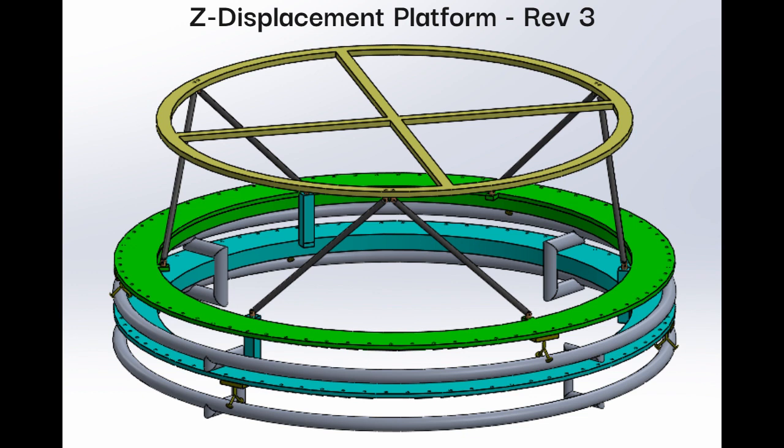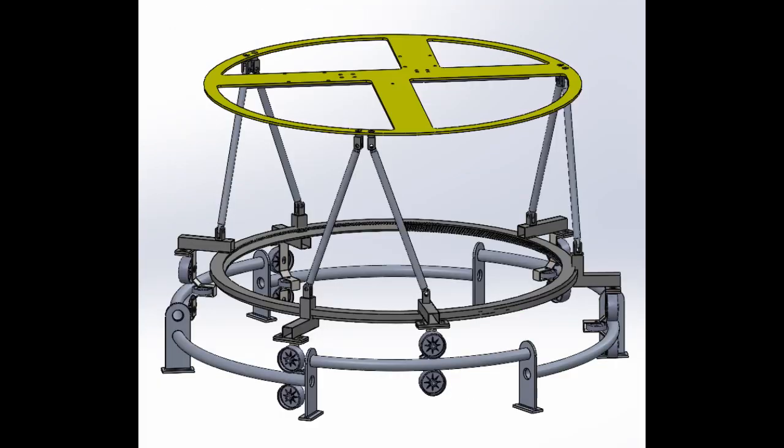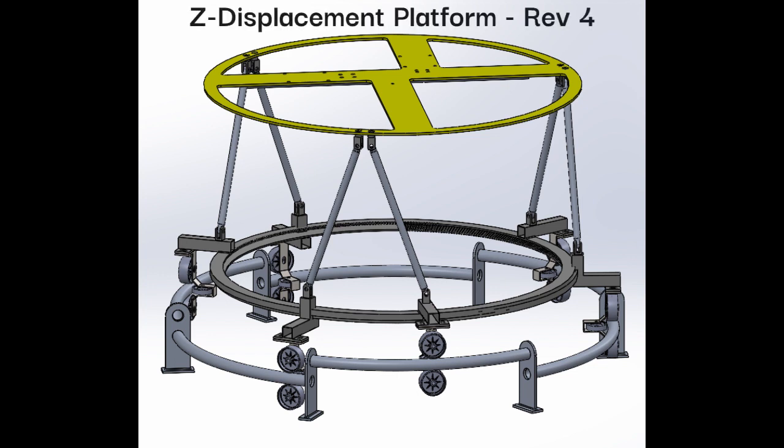Additionally, due to the track frame being reworked, our team decided to add rollers to the frame to further support it and assist with the rotation of the gears. The third revision that our Z displacement platform saw was a complete rehaul of the track frame and the concentric rotating gears that aimed to further reduce material costs and weight. This would be our main working assembly, with the fourth and final revision being minuscule alterations such as hole diameters,